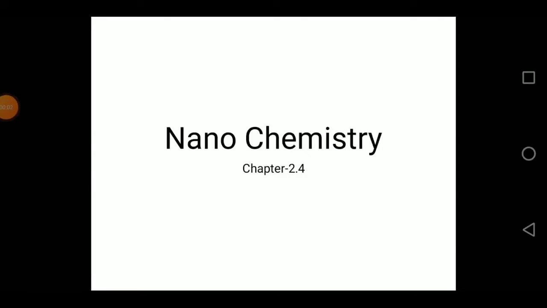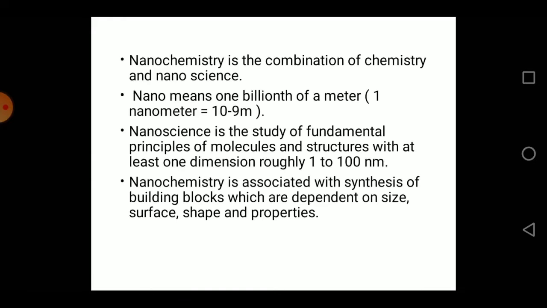Guys, so here we are at the next chapter of Unit 2, that is nanochemistry. So what is nanotechnology? It is nothing but the ability to design, manipulate and manufacture materials at a nanoscale. In 1951, it was scientist Professor Richard Feynman who introduced the new field of nanoscience to this world. Okay, so what is nanochemistry?